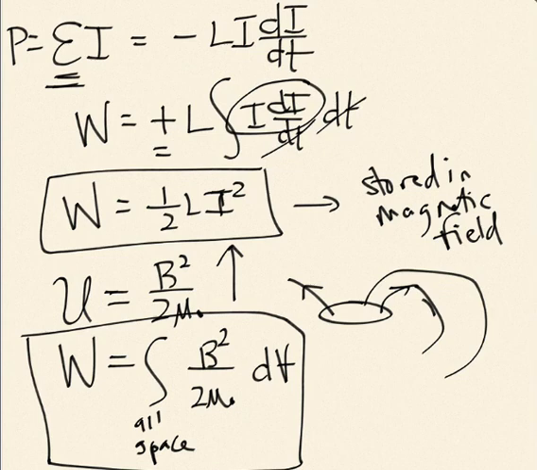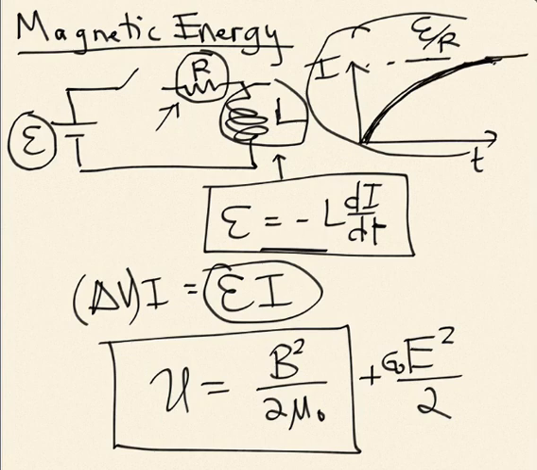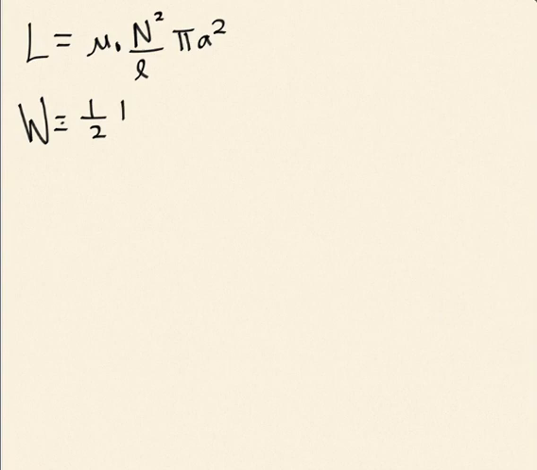When I'm all done, so with this process of charging my inductor, basically it takes time to get the current to build up. And in that time I'm spending energy to build up the magnetic field. But when I'm all done here, the inductor is no longer pushing back because the current is now steady. And I've stored a certain amount of energy in the coil at that point. So that's the energy I'm thinking about, the energy associated with that magnetic field that's driven or produced by the current in the coil. Okay, and that's going to be 1/2 L I squared,